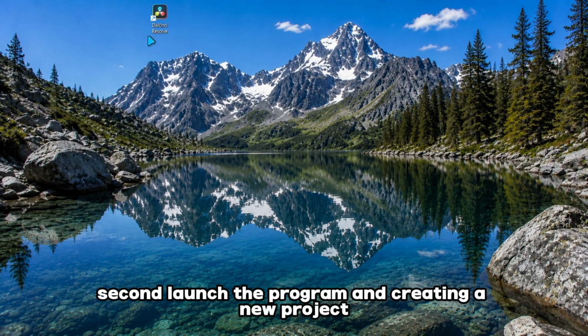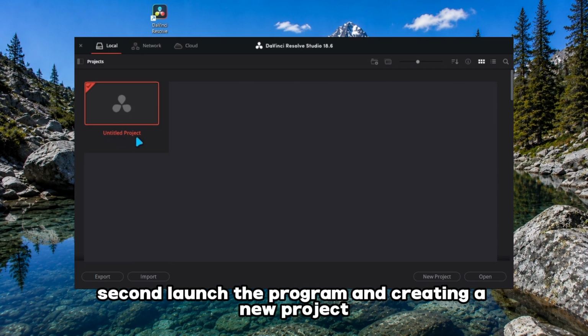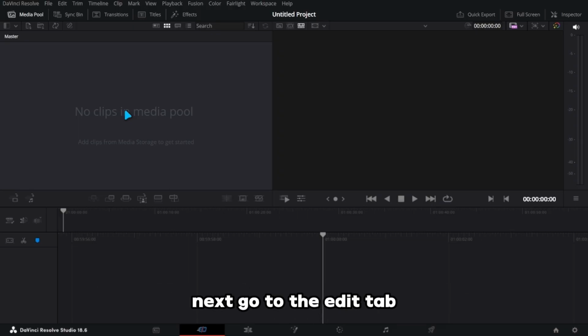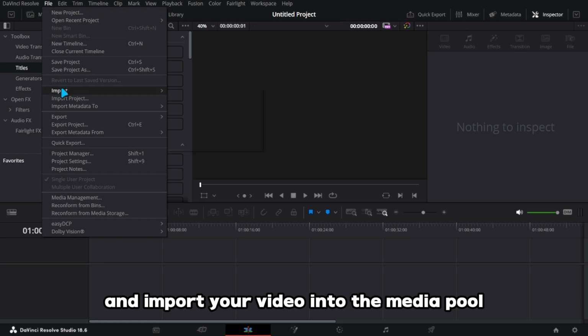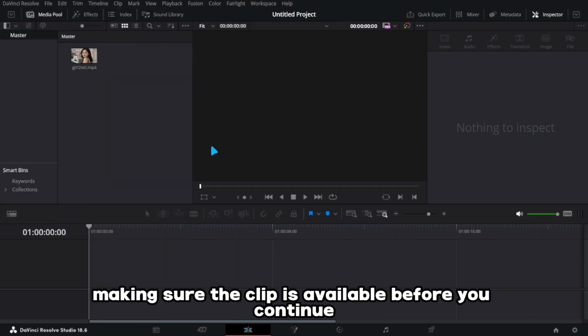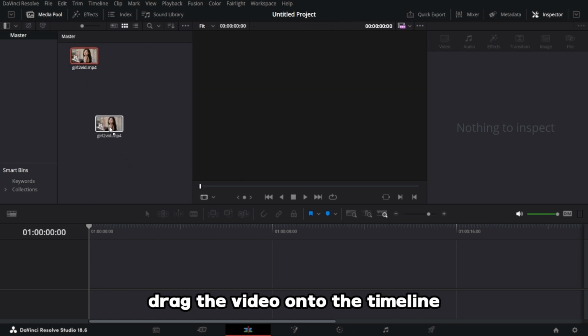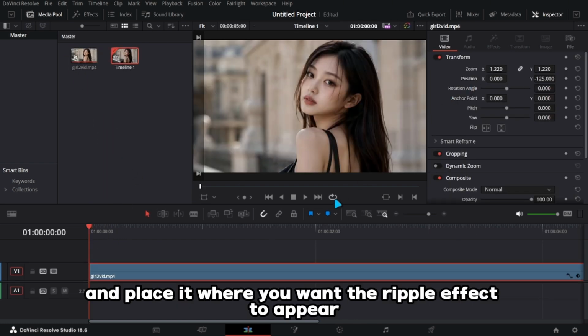Second, launch the program and create a new project so you have a fresh workspace for editing. Next, go to the Edit tab and import your video into the media pool, making sure the clip is available before you continue. After importing the footage, drag the video onto the timeline and place it where you want the